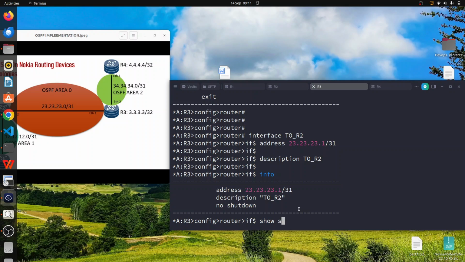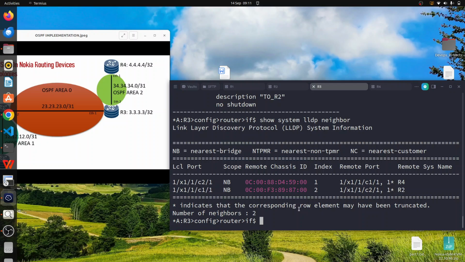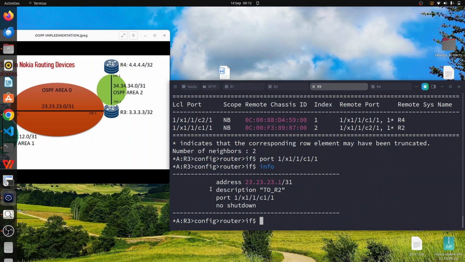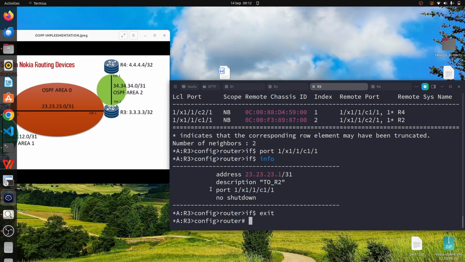So I can use the command show system LLDP neighbor to see the connection. So we have C2 connecting to R4, C1 connecting to R2. So we'll bind the port going to R2. This is C1. Info, we have all the configurations, and then we need to configure another interface going to R4. So I will run the command interface to R4,